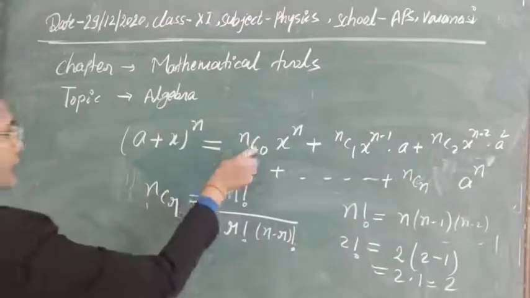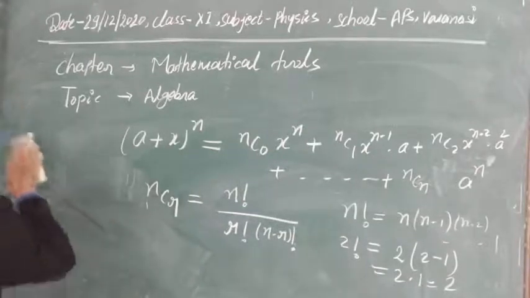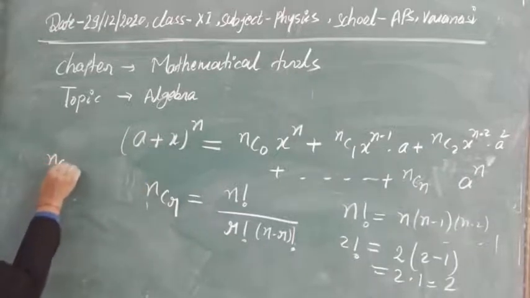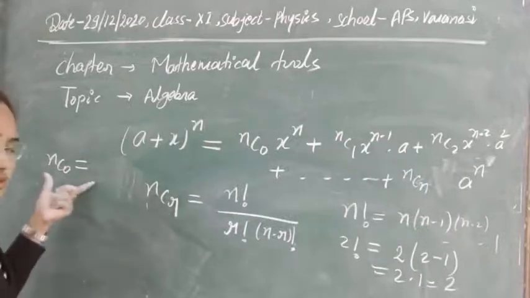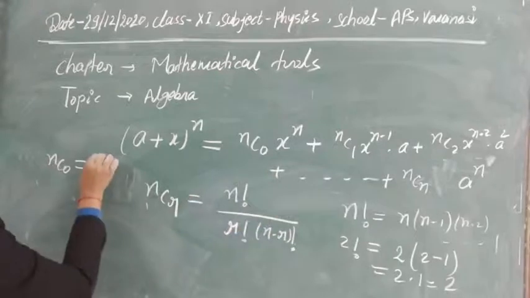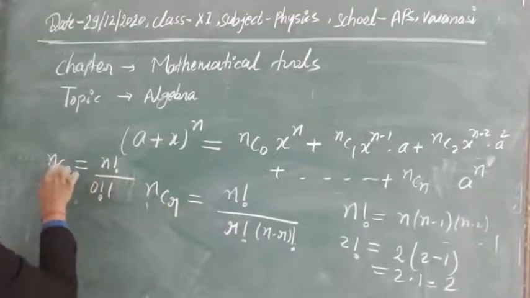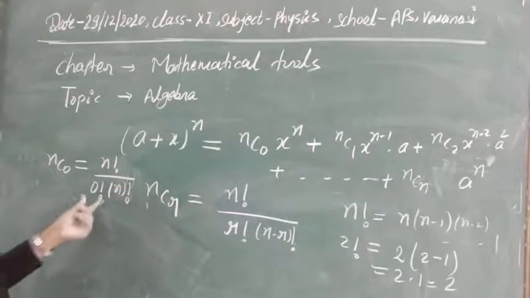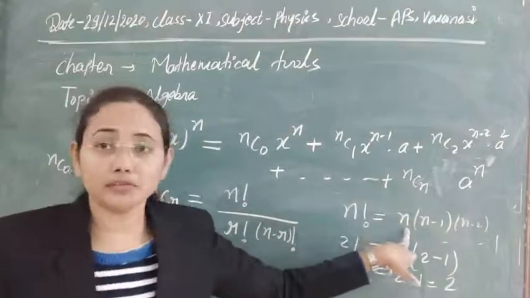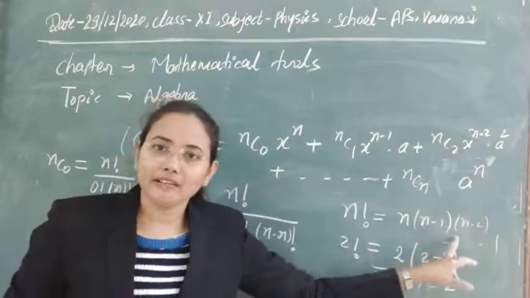So if we see here NC0, just take it here. With this formula you can see that the value of R is equal to 0 here. So let's see the values, that is factorial n, also factorial 0, and n minus 0, that will be factorial n again. Clear? And also don't think that with this formula if you expand it, then here the n will be 0, then you will never get 1 here.